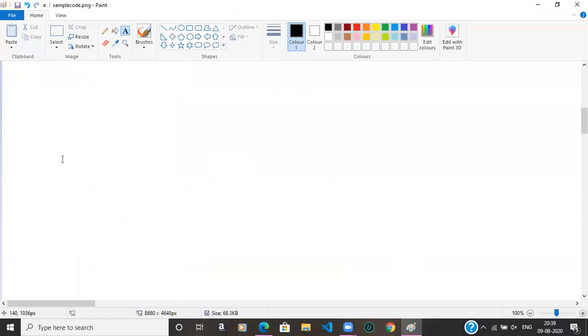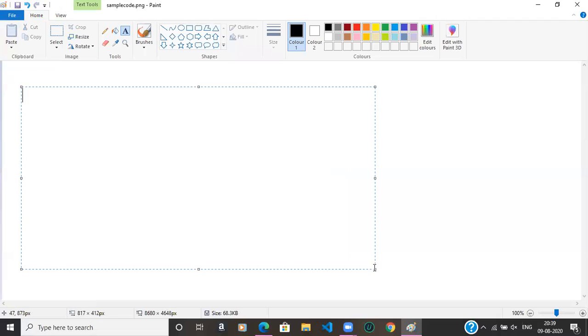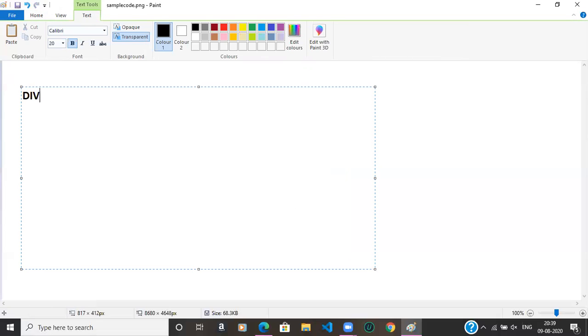Now we will see the division operation. We will see what is the working style of the division operation. For example, if you want to perform 5 by 2, the result will be 2, because an integer operation always returns an integer value only.